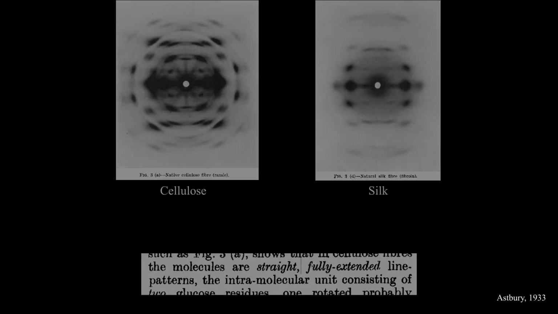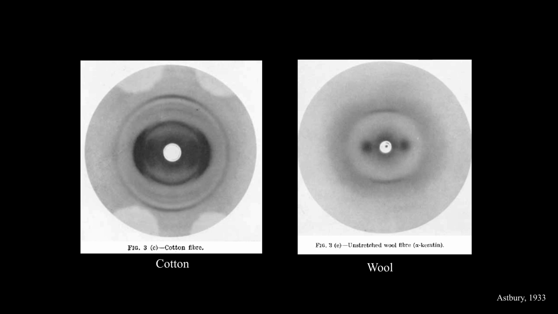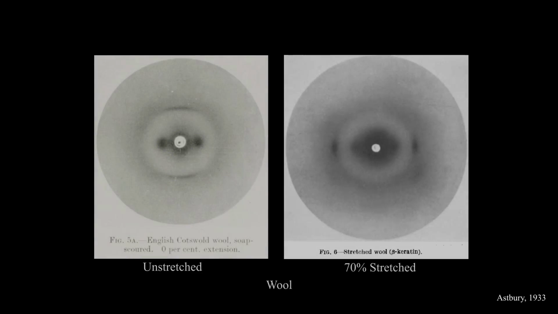Not surprisingly, they found that the more complex molecules, such as cotton or wool fibers, produced much blurrier images and required a higher degree of crystal purification, but the general parallel nature of the molecules could still be seen. They also noticed the difference in patterns produced by unstretched and stretched wool molecules, which indicated that, like hair, the fiber was present in 2 separate forms.